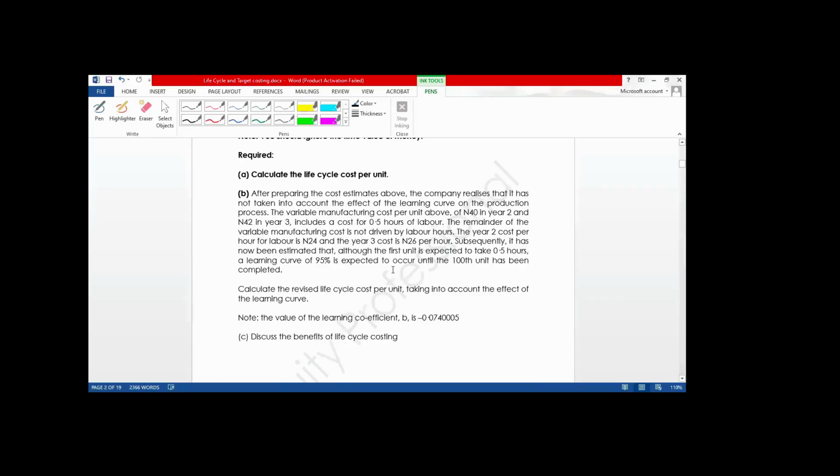And look at it. The examiner says a learning curve of 95% is expected to occur until the 100th unit. Look at that, it has been completed. Now, if you want to take it now,